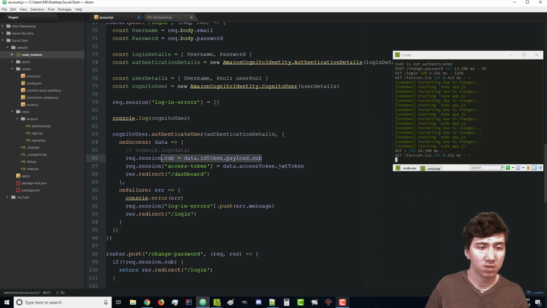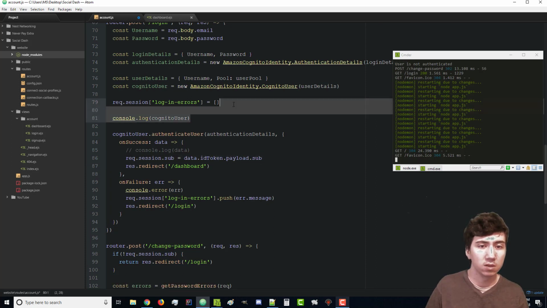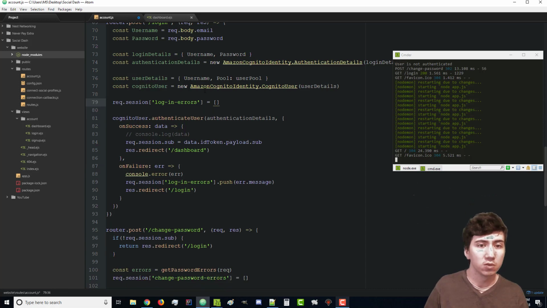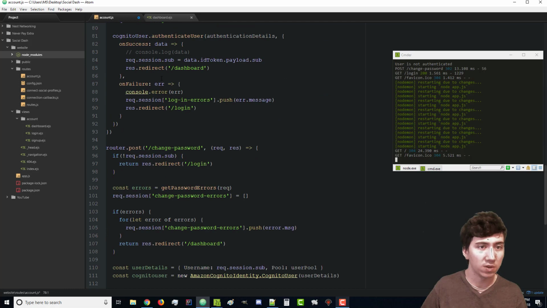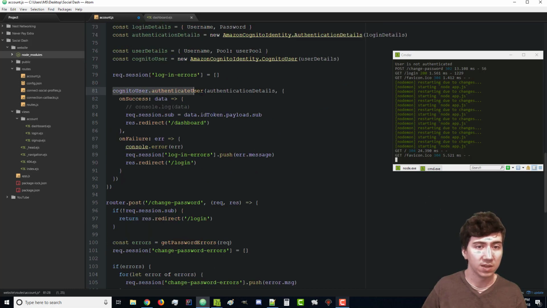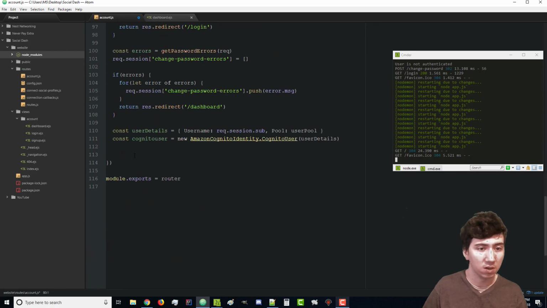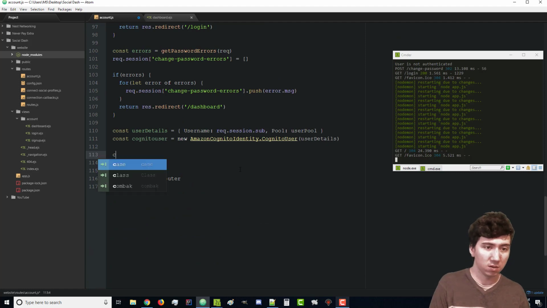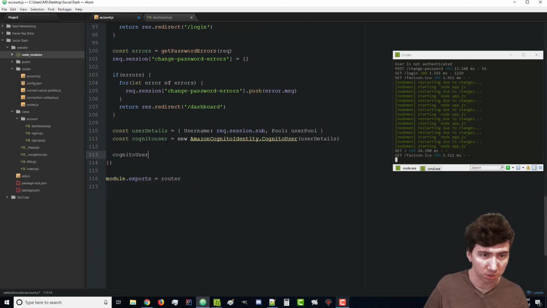So we're storing the sub right here, and I don't need this right now, so I can delete that. Then I can get rid of that. So we're essentially doing the same thing we're doing right here. And so now we do need to authenticate, but we're not going to authenticate like this by checking the username or password. We're simply going to say cognitoUser. This has to be a capital U,